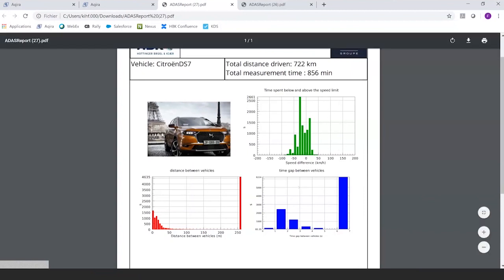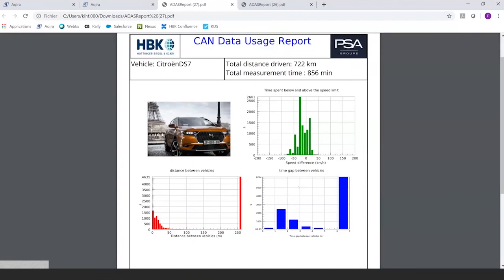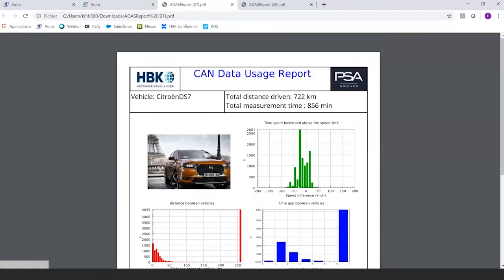So that's just an example of what can be achieved from huge quantities of CAN bus data, to really grasp the usage of a car: how a vast panel of users use their cars, and to extract statistics and usage information from that.